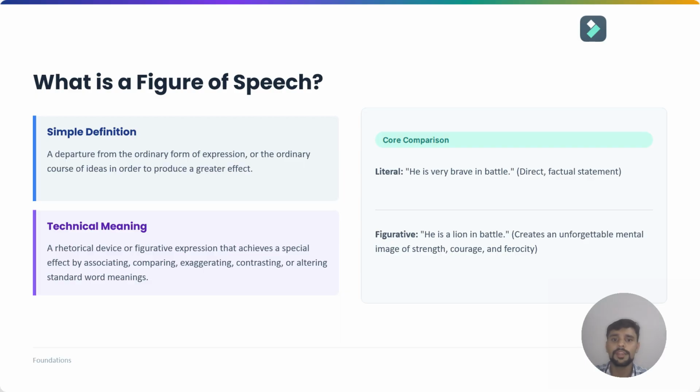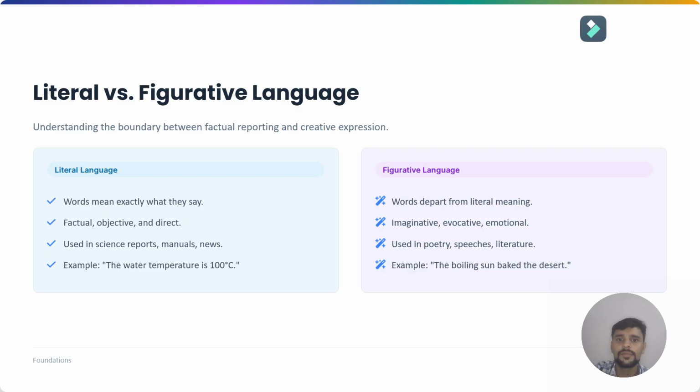If you are preparing for competitive examinations, don't memorize that definition alone. Understand the mechanism. Every figure of speech has something that it does. Simile compares. Metaphor equates. Personification humanizes. Hyperbole exaggerates. Alliteration repeats initial consonant sounds. Once you understand the mechanism, identification becomes much easier. This distinction is the foundation of the entire lesson.